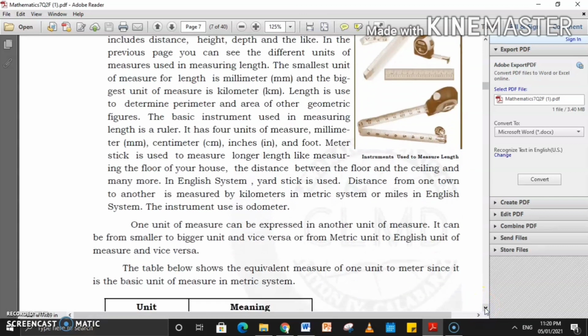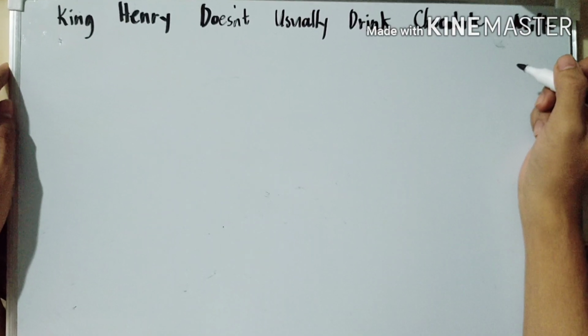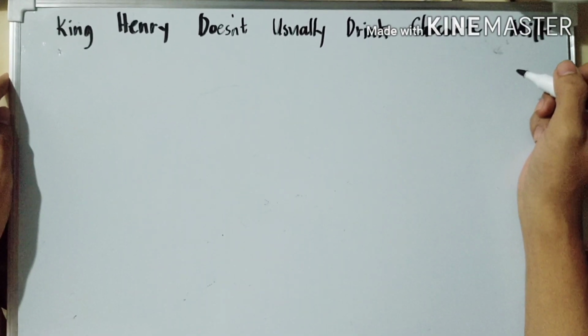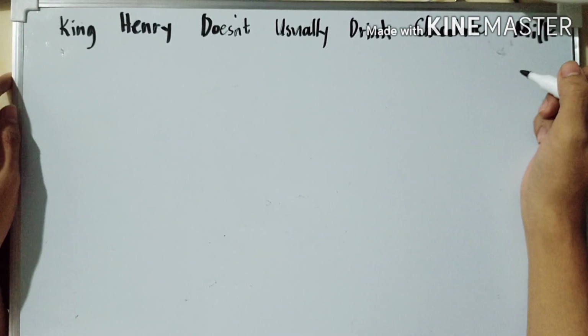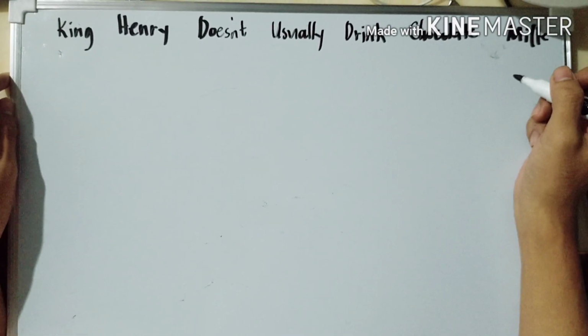So, one unit of measure can be expressed in another unit of measure. It can be from smaller to bigger unit and vice versa, or from metric unit to English unit of measure and vice versa. So, I will teach you on how to convert one metric unit to English unit of measure. Okay, so kapag magko-convert tayo ng different measurements, so I want you to